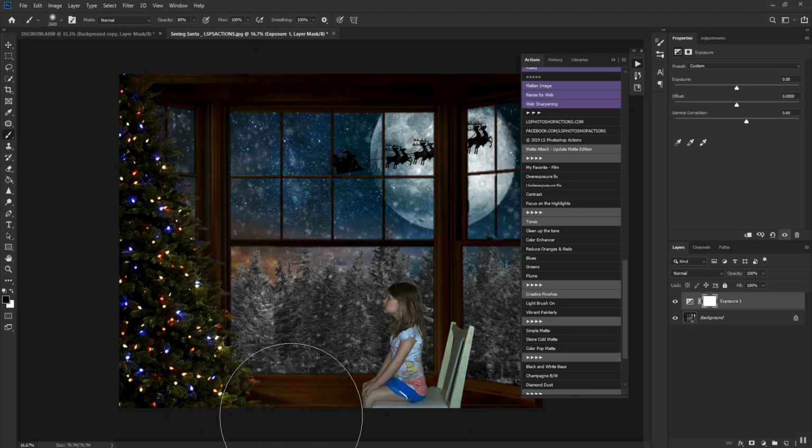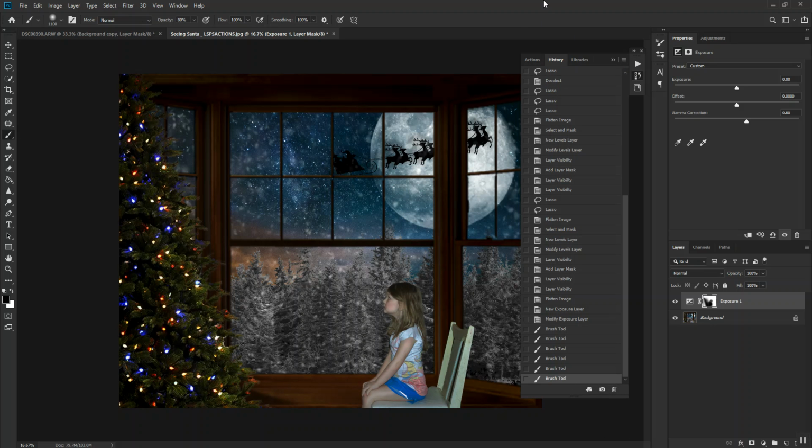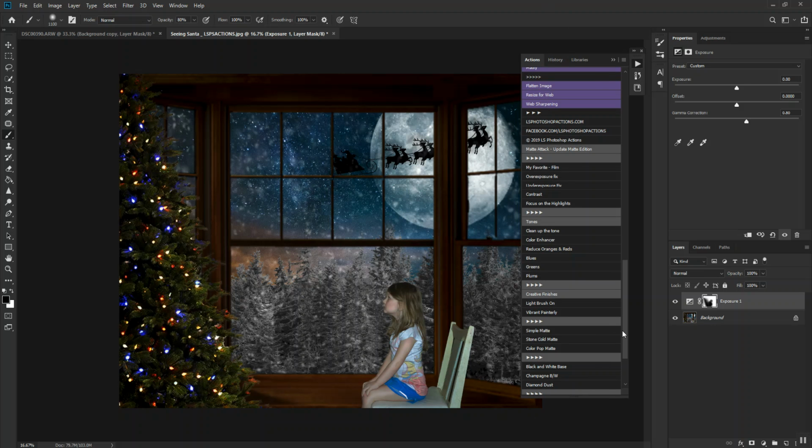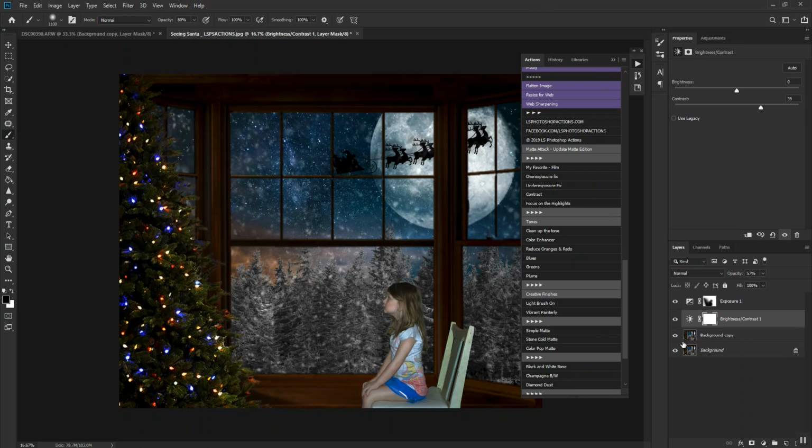We have the glow of the tree coming, and since she's in front of the tree, we're going to kind of get this little glow going. And we have also the moon coming in, so that's a nice little glow factor there. And I am going to take a snapshot just in case I want to come back from here. So what I'm going to do is see if I can find